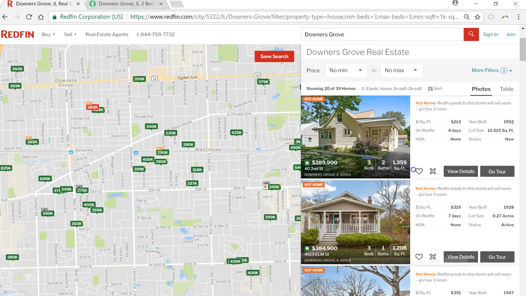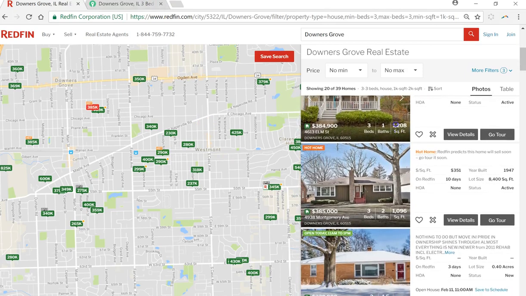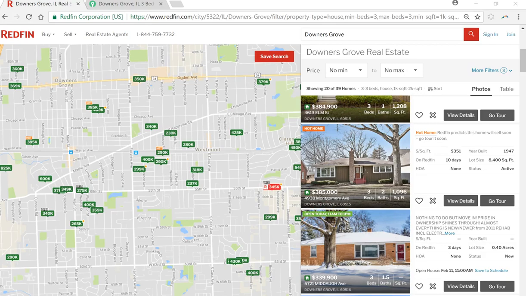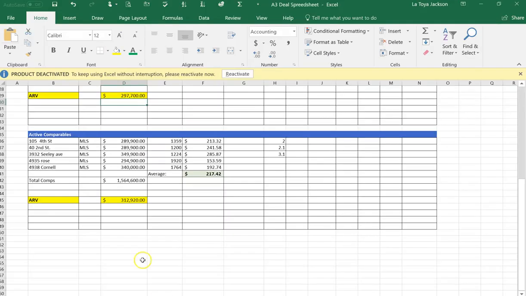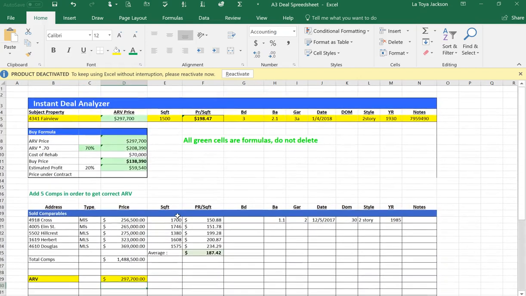So based on the active property, you go back to your spreadsheet and you insert the properties that are active. You need at least 5. You've got to have 5 properties to put in here. And these are the numbers. So the ARV for active property is 312,920, and the average square footage is $217 per square foot. You see that? And that's how you go and find the comps,